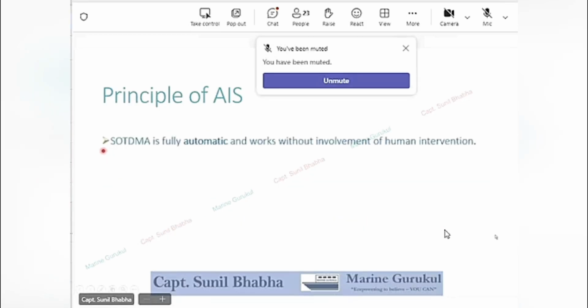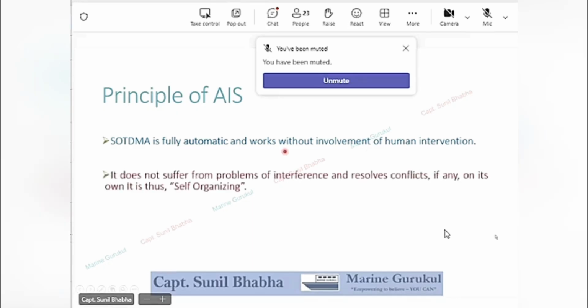Now, as we discussed just now, SOTDMA is fully automatic, and it works without any involvement from the duty officer, or without any human intervention. It does not suffer from problems of interference.